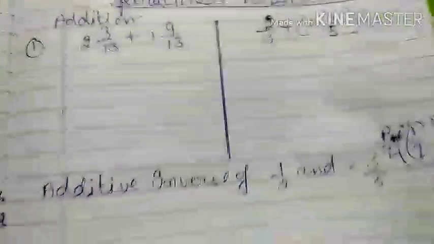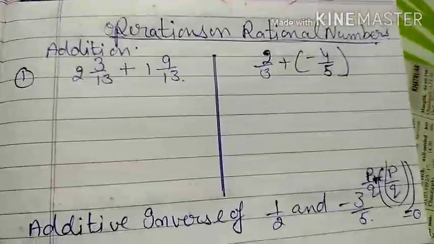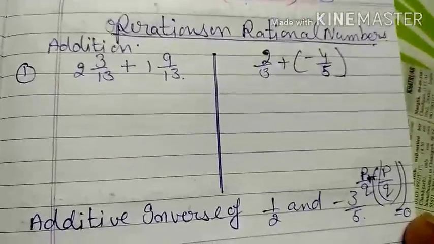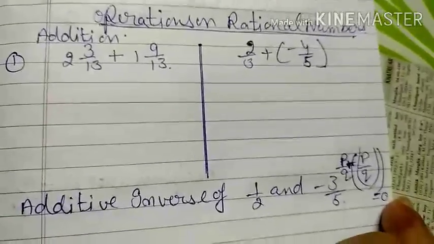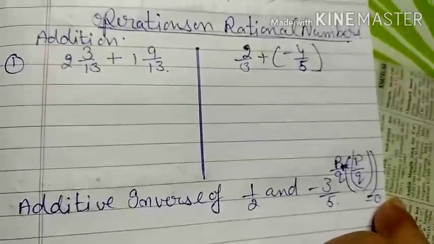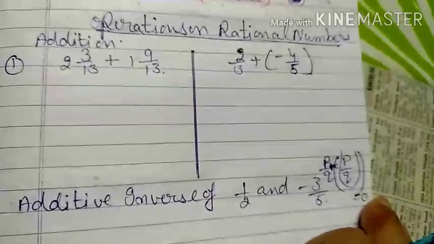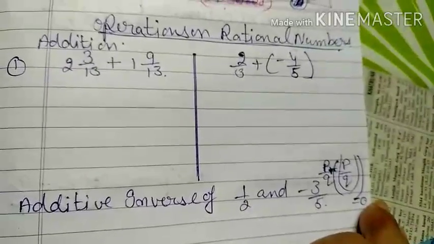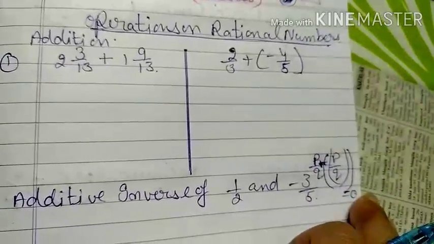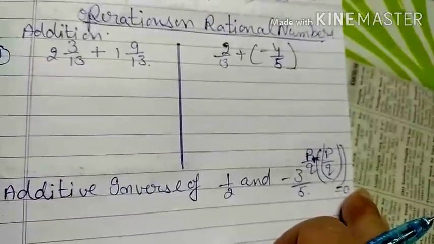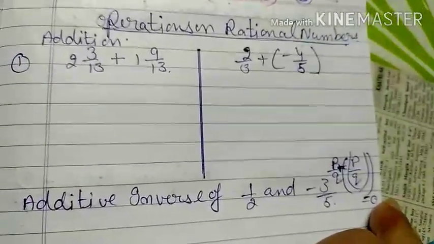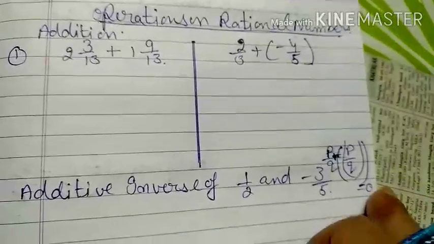Hi, good morning everyone. Welcome to the operation on rational numbers. Actually, you already know very well about rational numbers, that is, fractions in the form where a numerator and denominator are there. In the last session we covered how to find positive and negative rational numbers and arrange them into ascending or descending order, and that's all.